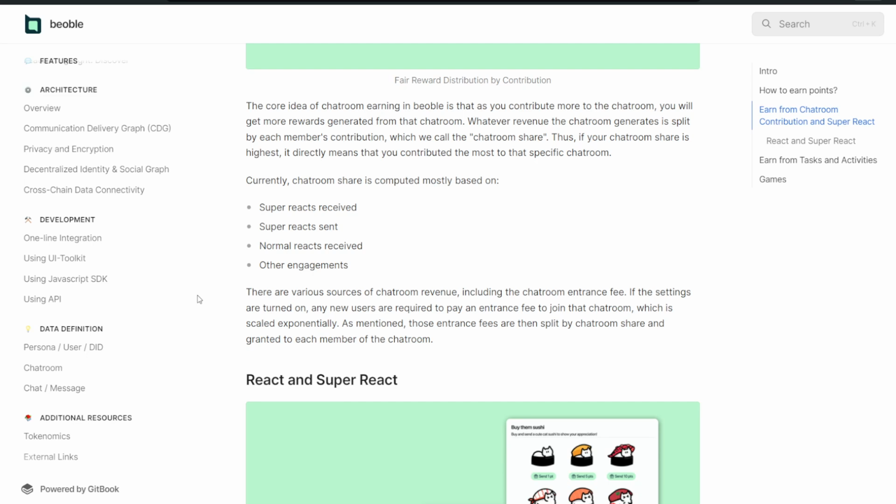The core idea of chat room earning in Beoble is that the more you contribute to the chat room, the more rewards you will get from that chat room. Whatever revenue the chat room generates is split by each member's contribution, which we call the chat room share. Thus, if your chat room share is highest, it directly means that you contributed the most to that specific chat room. Currently, chat room share is computed mostly based on super reacts received, super reacts sent, normal reacts received, and